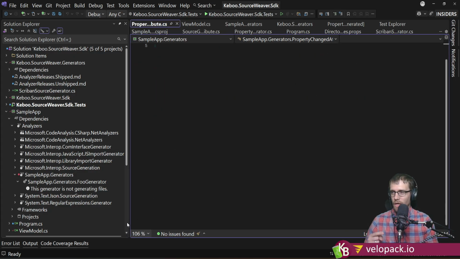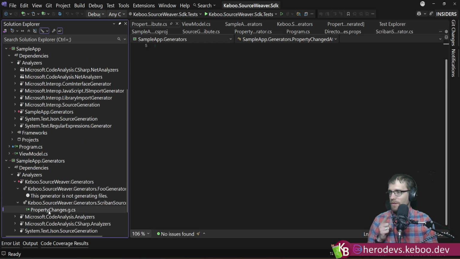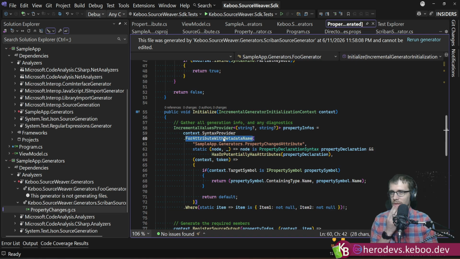So we are source genning a source generator, but for some reason, this source generator, when it was going over the syntax provider, because all this is doing is looking for,